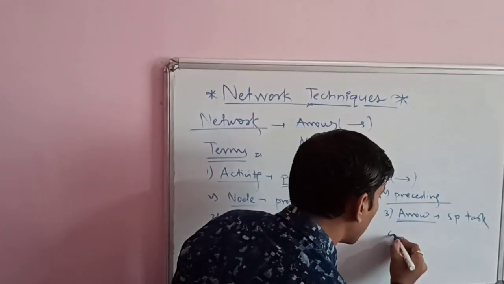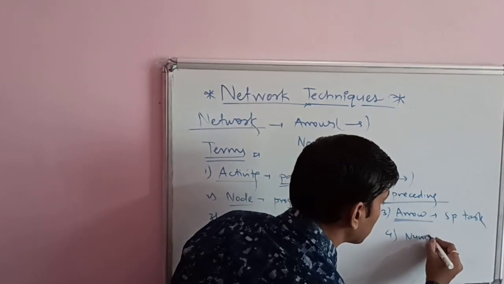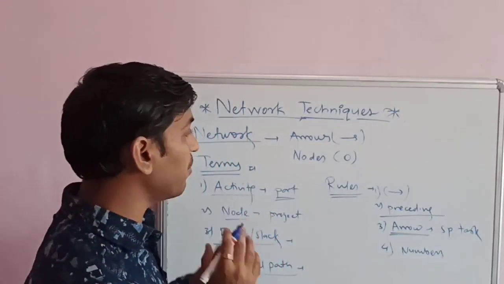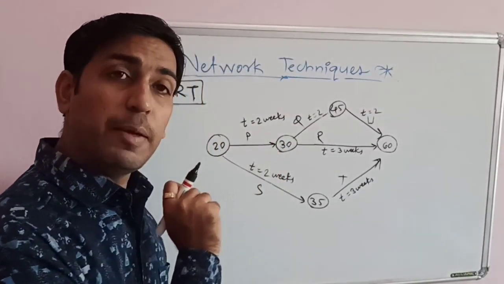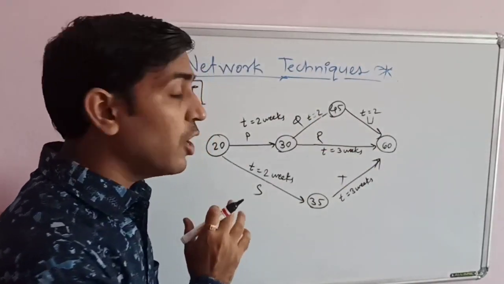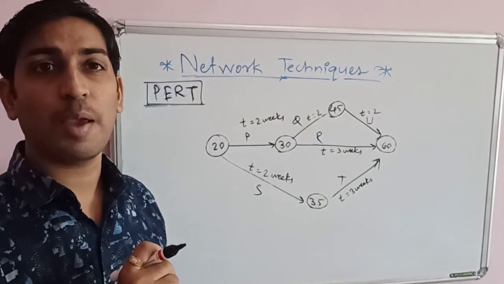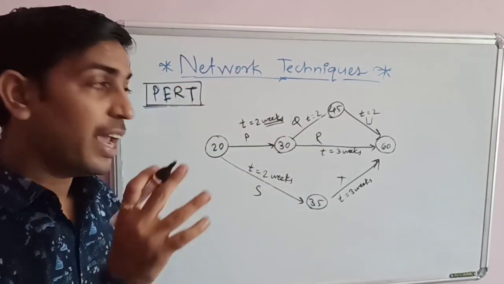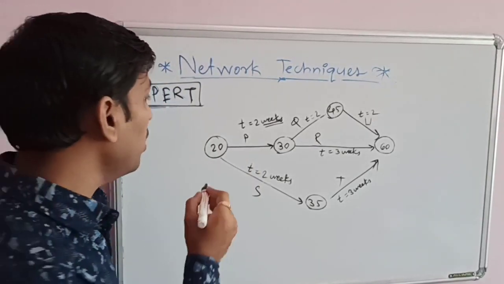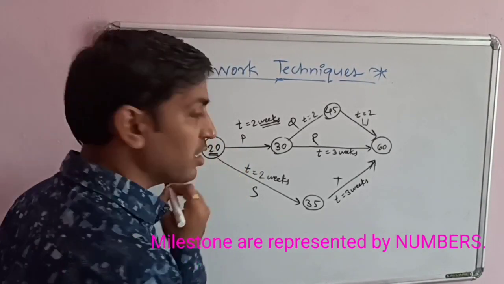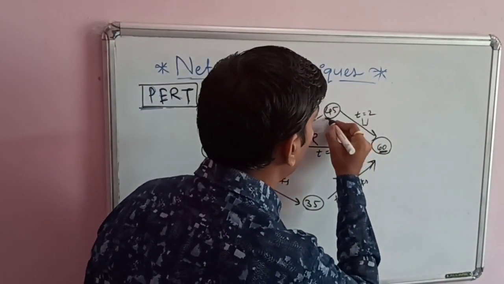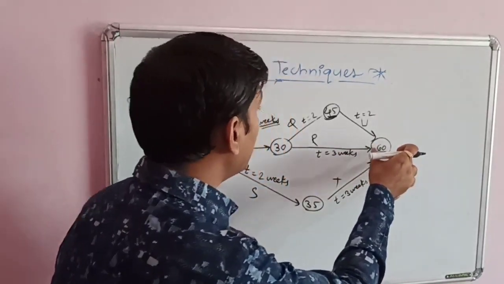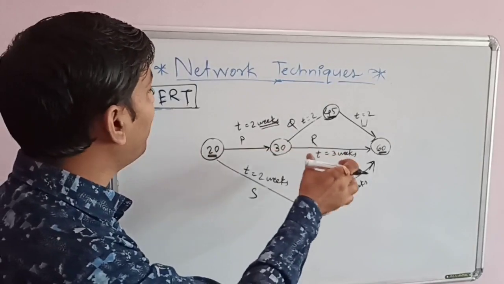Next, the events are identified by different numbers. And the last one is that the network only has an initial and a terminal phase. It concerns a PERT chart. It typically includes different types of activities which could be completed in a specific period of time. And generally for PERT, the period is considered in terms of weeks. In PERT, the different activities are shown with numbers like 20, 60, 45. And here we could say that the end node, that is 60, is higher than the beginning node. That is one of the features in PERT.